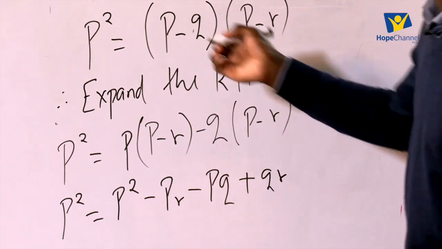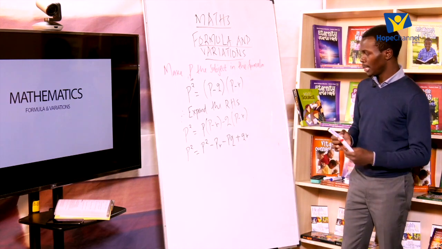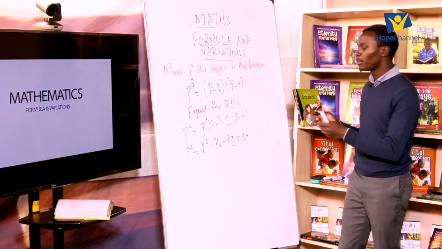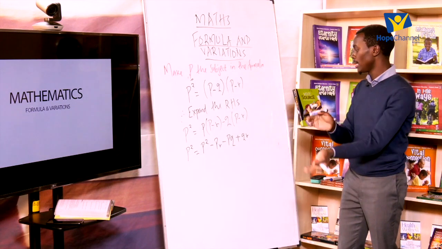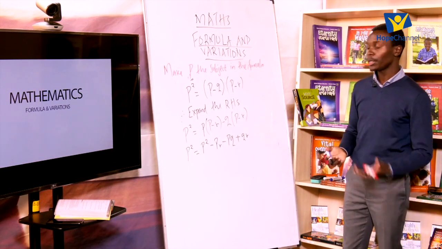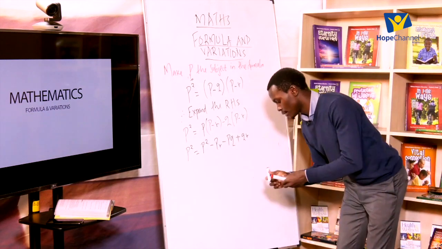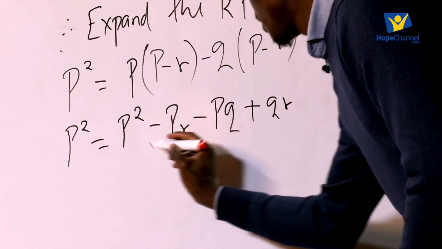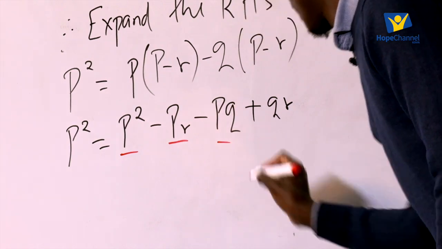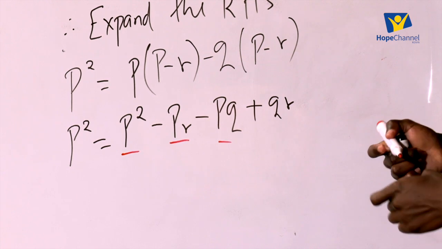Remember, the question is about making p the subject in that formula. That requires us to take all the p's to one side, as we remain with the rest of the terms that do not have p on the other side. And that means all this one here, all the p squared, the pr, and the negative pq, all of them to be taken to the left hand side, and that will be